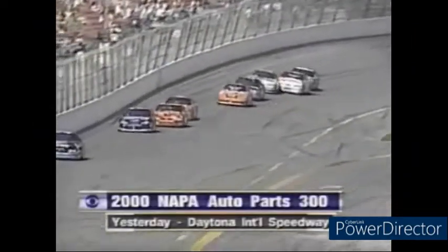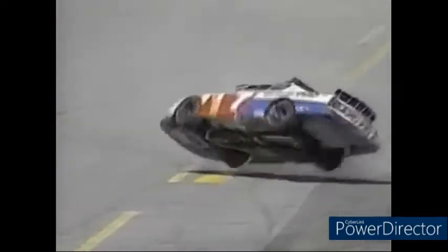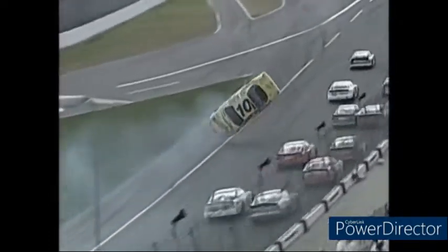Driver, but take a look at this moment. That is Michael Waltrip, out of control, tri-oval, into a series of sidewinders. Shattering snap rolls. Less than an hour later, he was out of the infield care center into his Winston Cup car. I recently read an interview you did where you talked about the idea or the concept of safety